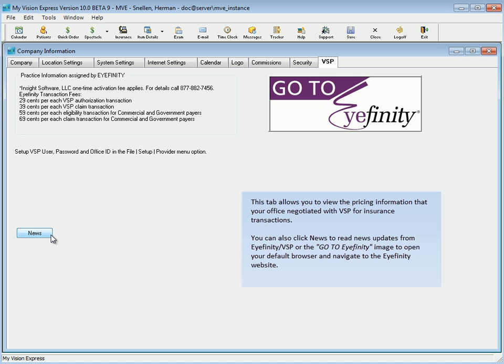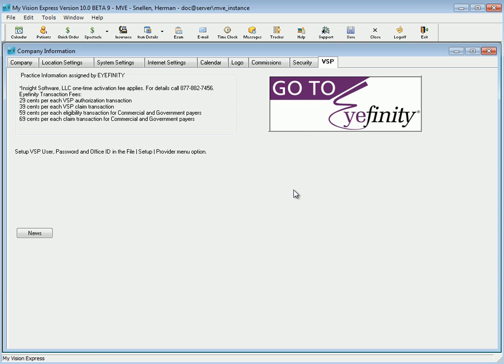Note, click the Save and Close icons on the toolbar after you are done making changes to the company information screen. By saving, clicking on the Save button, any change to the settings on this screen will take effect after you restart MyVision Express. And that concludes our